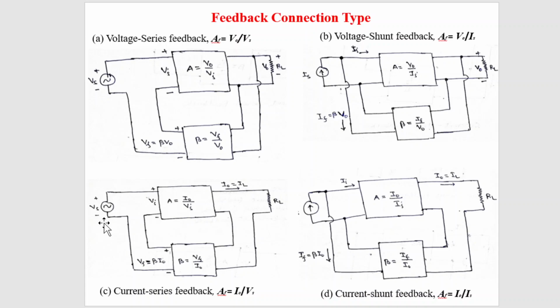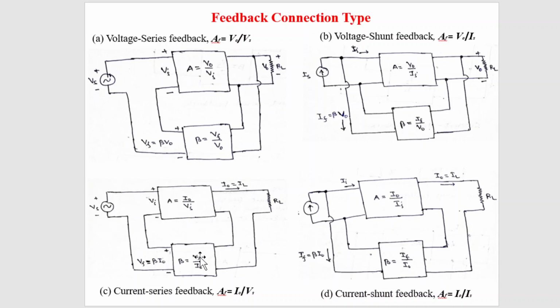Whenever we have a voltage source, whatever signal we have to feed back should be in series. And in case of current, if at the input we have a current source, we have to feed back in parallel combination. That is the idea. So this current has to be converted into a voltage through a feedback network, and we have to connect it in a series combination.